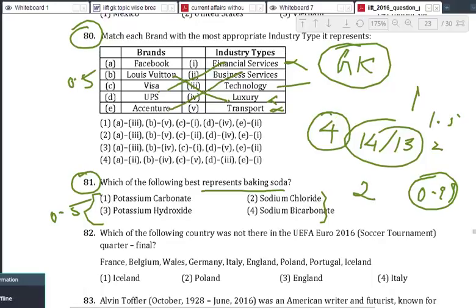So the point is, don't do too many wild guesses, because negative marking is 1/3 of the mark. If you take too many guesses, that means if you get 1 correct and 3 wrong, then it balances out. You will get 0. So people, my first suggestion is don't panic and don't lose your confidence. As far as clearing the cutoff is concerned, it's not at all difficult.